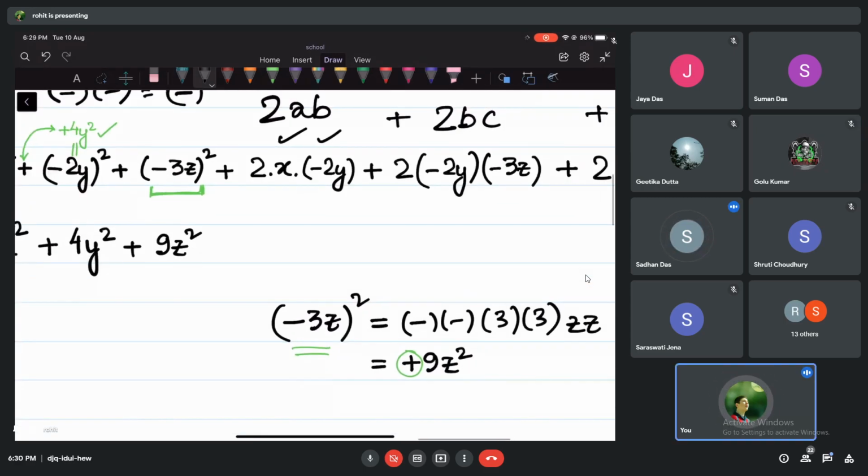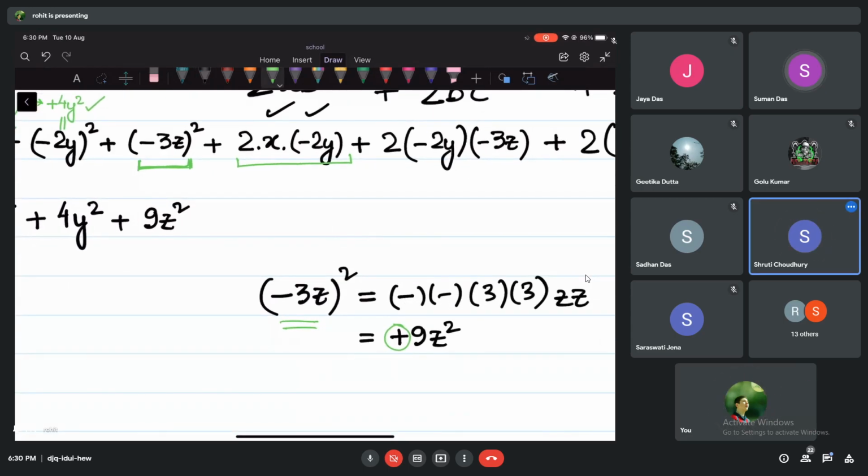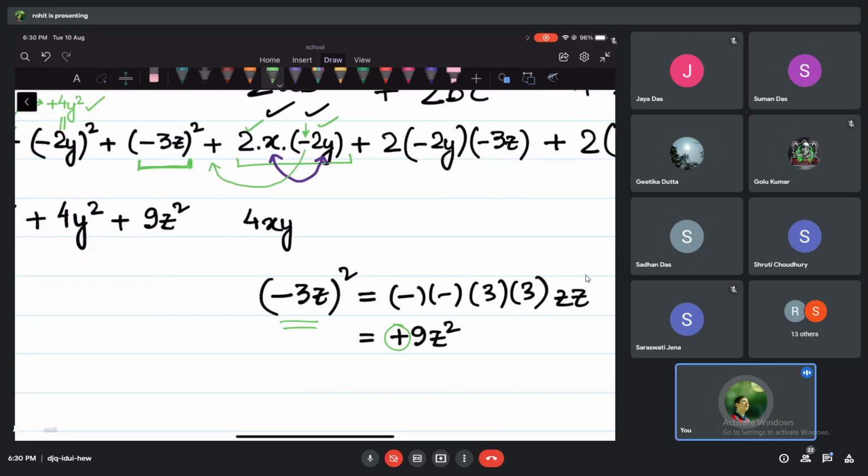Okay. Now we'll look at this one. Tell me, what is the number you see here? First of all, tell me the numbers. 2 and 2, right? Multiply. How much will you get? 4. Then multiply this x and y. When you multiply x and y, what do you get? xy, right? Now tell me, what is the sign it has? Minus or not? Minus. This minus, when you multiply with this plus, how much will you get? Minus. So we have a minus now. Can you understand this, all of you? Yes, sir. Okay. Let's check the next one then.